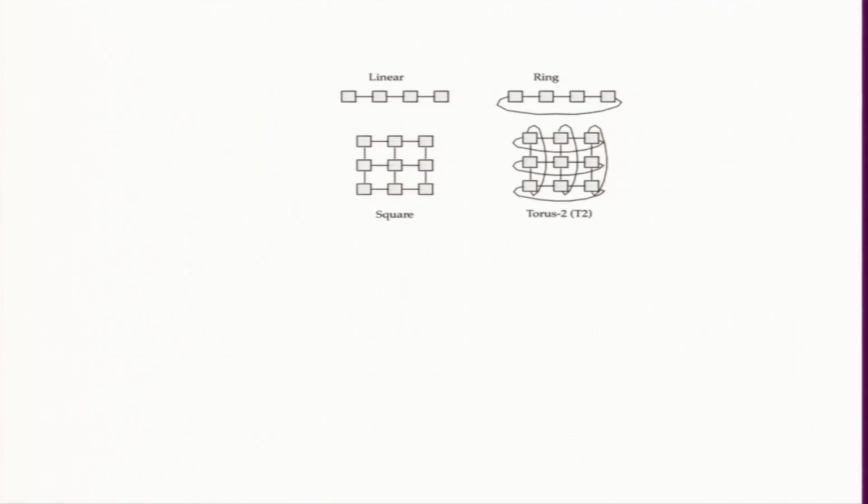So, what do I do? I go for typically an architecture like this. So, linear is not crossbar, no. Linear is, I mean, this node 0 cannot talk to 3 in one hop, we saw that. It requires 3 hops. This is a ring architecture where I connect 0 to 3 by one additional wire.